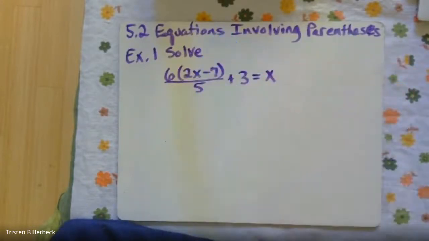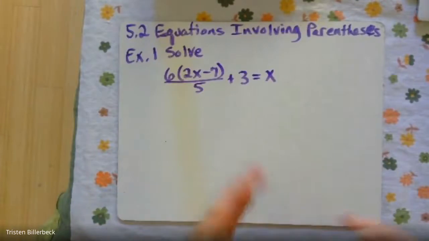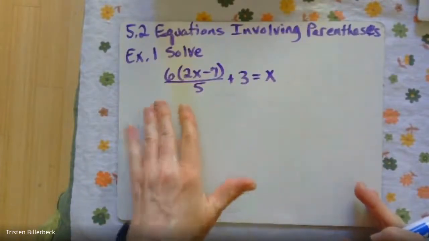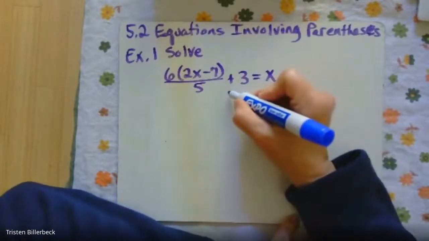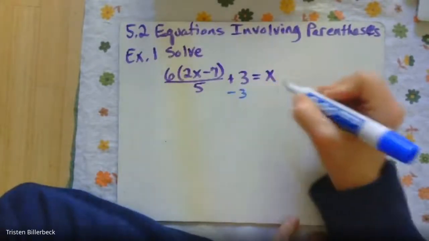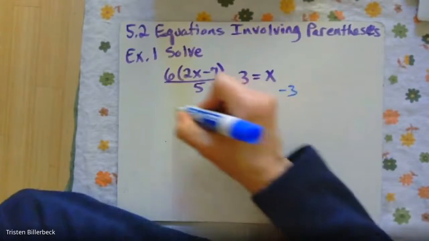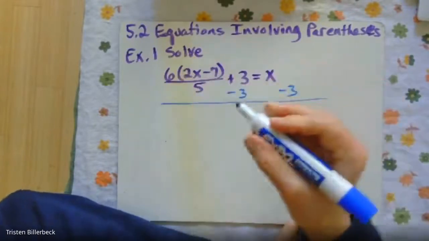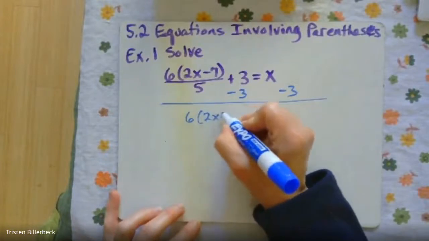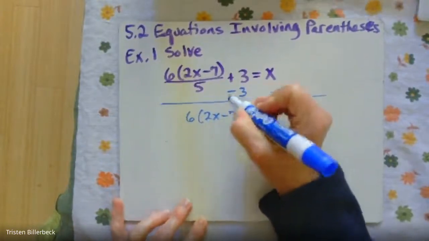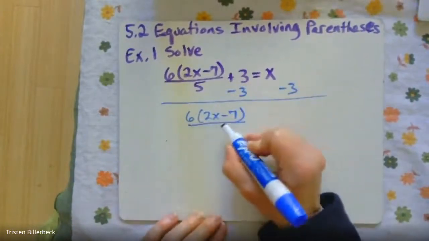So let's solve this. At first, we might say, oh, that looks kind of hard. But let's first move everything that's not with the parentheses to one side. So let's first subtract this 3. Okay, so I have 6 and 2x minus 7 here over 5